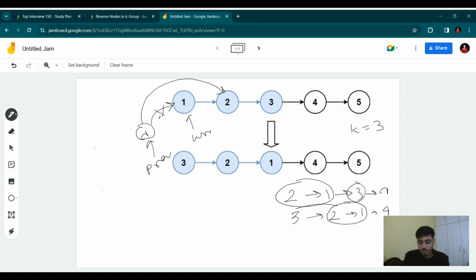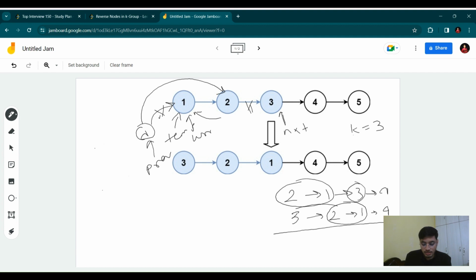Okay, so firstly, we know that in the final output, 2 will always be previous to 1. So we are going to make sure that in our first iteration, 2 comes before 1. So we break this link and link it to 2. After this, we have to link this 2 to 1. I have already told you to break this link, give it a name which is next, and point it to 1. One thing we forgot is that every time we break a link we name it. So we forgot to name it as temp,